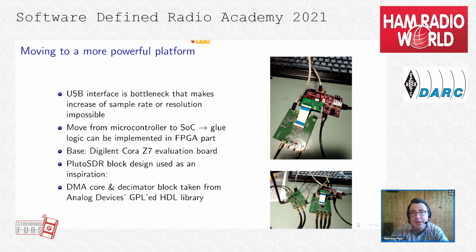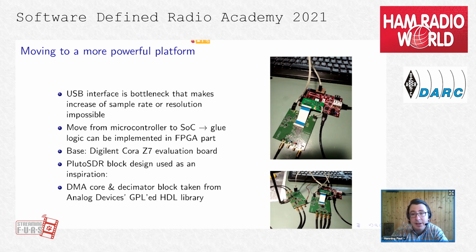Basically, I moved from a USB 2.0 solution to a solution with gigabit Ethernet, because I don't need to tell you this: one of the big drawbacks of the Pluto SDR is it only has USB 2.0. And in a lot of applications, you would like a gigabit Ethernet interface better than this flaky USB interface. So this is why I chose a Zynq board, using basically the same system on chip part as the Pluto SDR does. It's an evaluation board from Digilent, the Cora Z7 evaluation board.